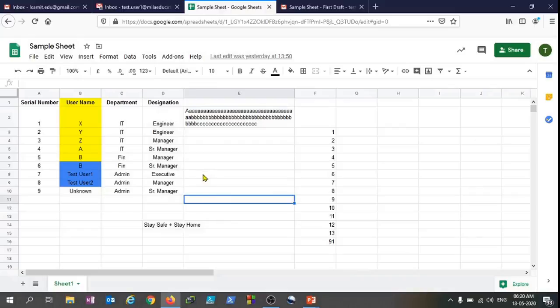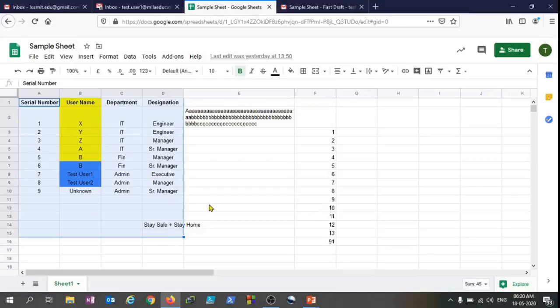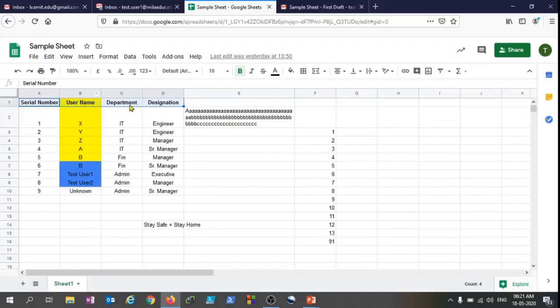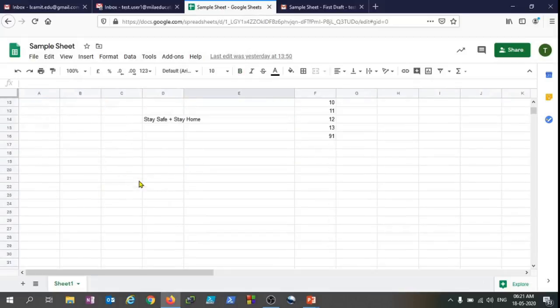Right, guys, so sometimes what happens is you have too much data in your spreadsheet, and you want to freeze the first row or first column, or any row or any column, so that if you scroll up and scroll down, the first few lines stay there, right? So for now, if I'm scrolling up, what is happening is that